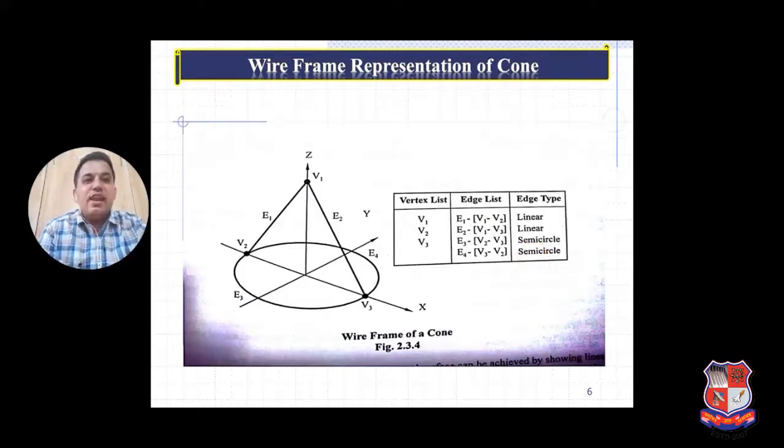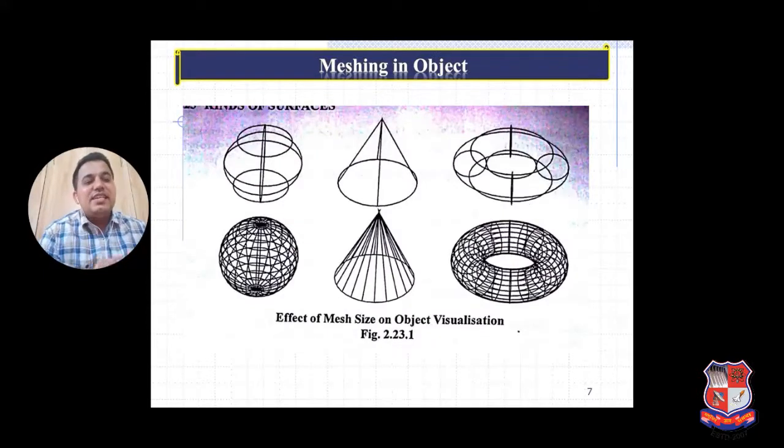Okay, so now we have to learn meshing in the objects. Actually, for meshing in the object, I have already uploaded one video related to FEA, but these are some simple representation techniques. This is the simple representation technique we observe right now. But if I increase the grids, what do I mean by the grids? If I increase the elements, meaning the number of vertices, I increase my edges, and we can say curves or semicircles.